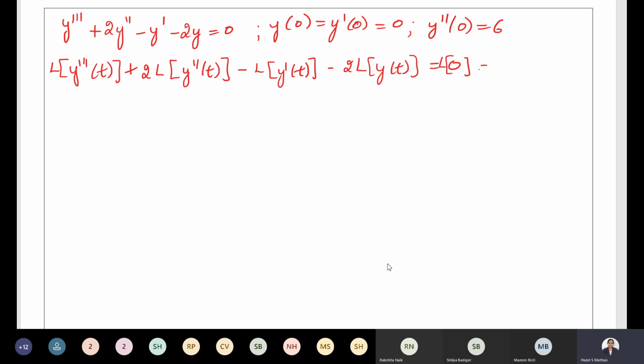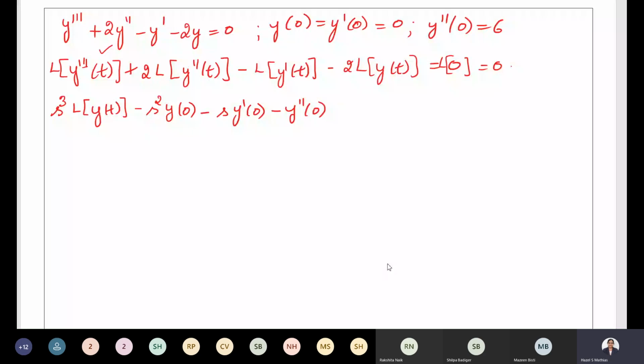Laplace transform of 0, which is 0. So what do we get now over here? What is Laplace transform of y triple dash of t? We have to take the third expression. So you have a power 3. So the power of s will be 3: s cube into Laplace transform of y of t. Then minus, go on decreasing one term, s square into y of 0, minus s into y dash of 0, minus the last term which will be a constant term, y double dash of 0. Is it okay, everybody? You have to apply the third expression for Laplace transform of y triple dash of t.